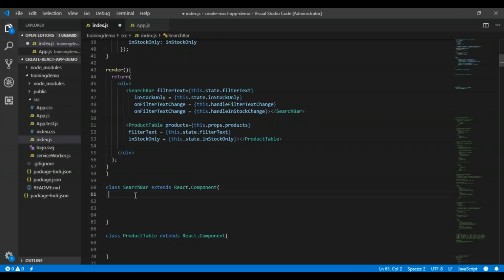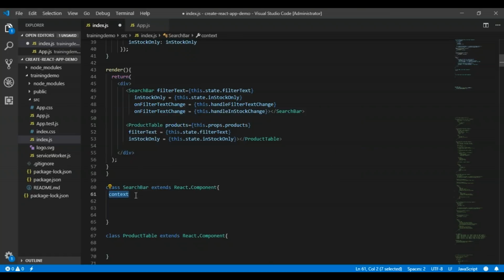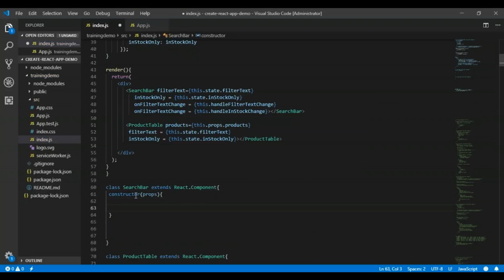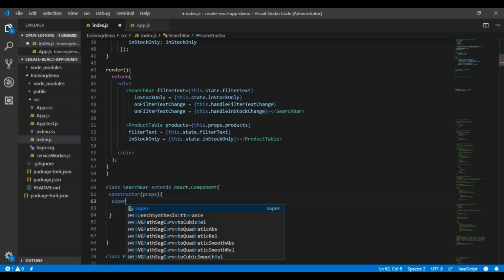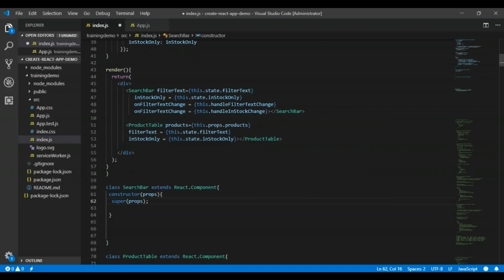Now let's focus on how we are going to implement the search bar component. In the search bar component, the same thing, we are first going to write the constructor, and in this constructor I am going to define the props. Once this is done, I am going to call the super keyword, which will again have props. We have done this multiple times now, and if you want to bind some event in the search bar, then you can bind it right here.